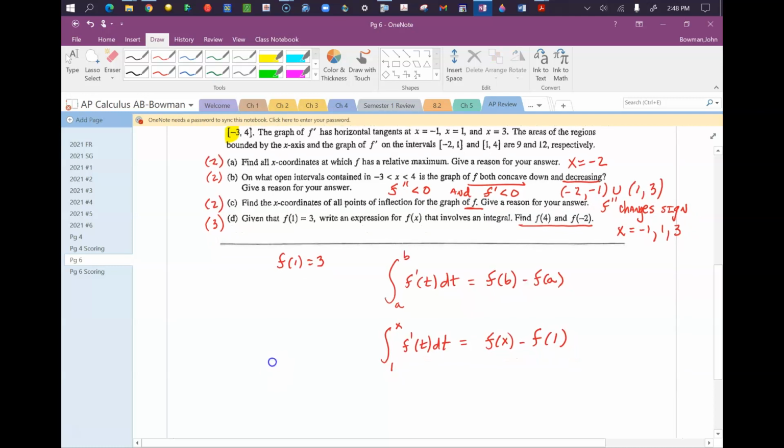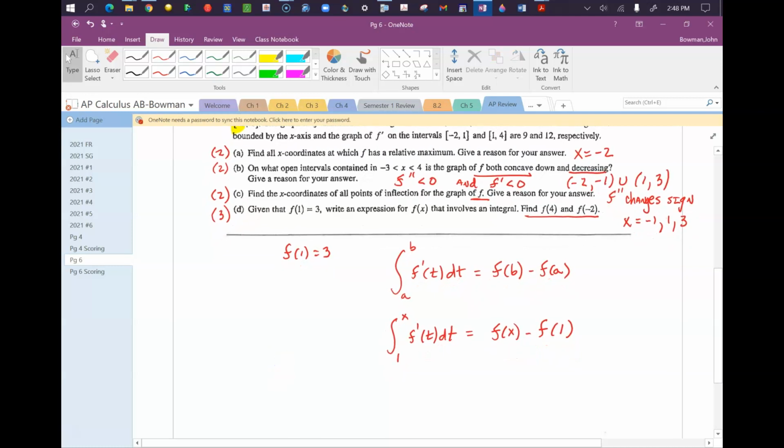And we were told that f of 1 is equal to 3. So if we solve this for f of x, we get f of x is equal to the integral from 1 to x of f prime of t dt plus f of 1,